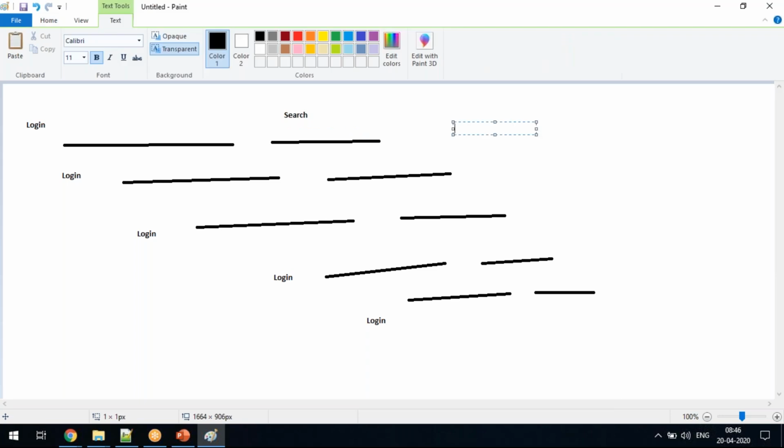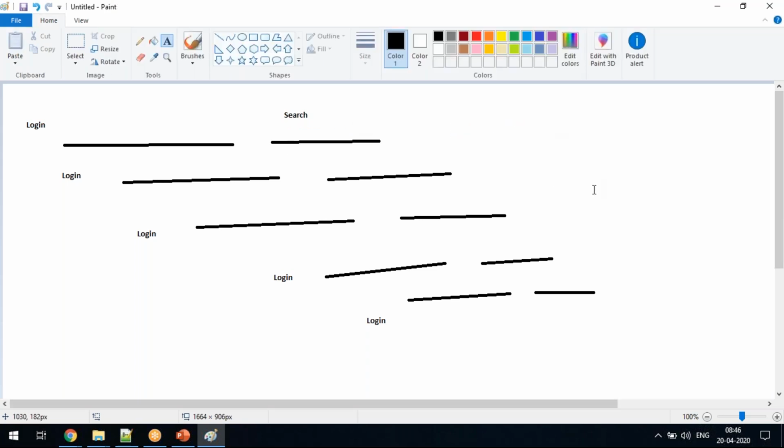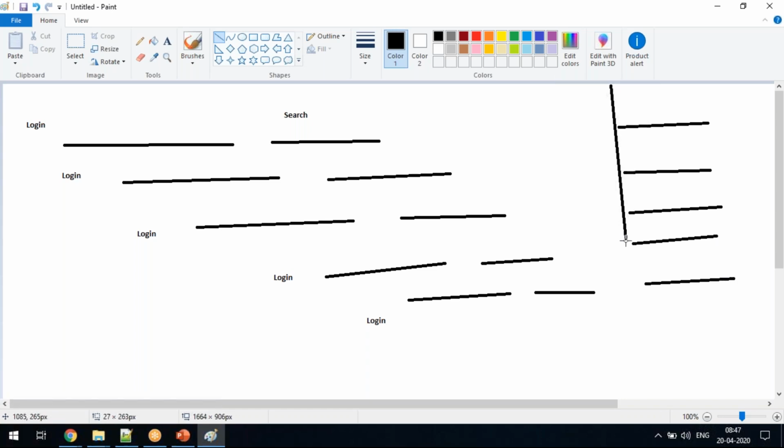Then the next activity is that they are going to put the order. But each user is working at a different timing, right? But all the users should hit the order button simultaneously. What I can do is make all the people come to the order button and then click together. For that I want to place a rendezvous point.